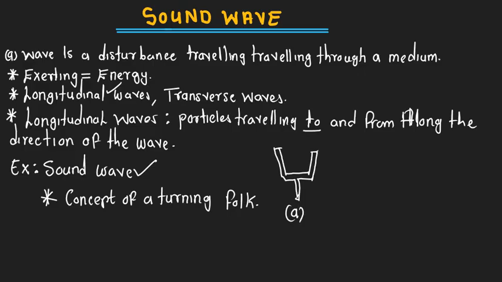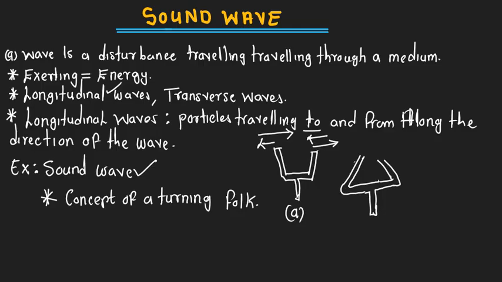But if we apply a certain force on this tuning fork, there is going to be a point where it will start vibrating to and fro. That is, it will go in this direction, and at the same time it will come back in this direction. So you expect there is going to be a point where this tuning fork is going to be with this particular motion. That is possible in physics, and we know what is happening.